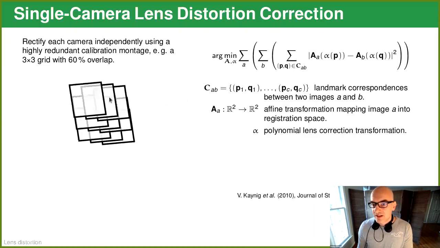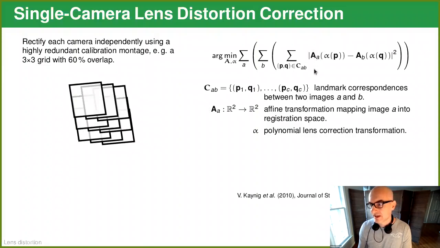So when you do this, you can actually run this and alternatingly optimize for alpha, the lens distortion, and the montaging function, and you can rectify all these images, and then you can apply this transformation to all future incoming images if the lens is constant, right? So one of the issues with this method is that in the original formulation, Verena would use